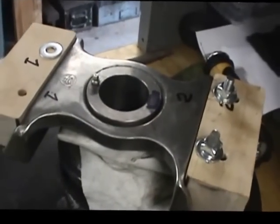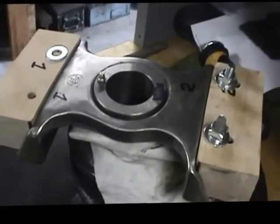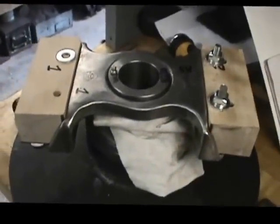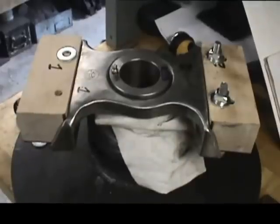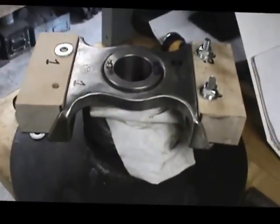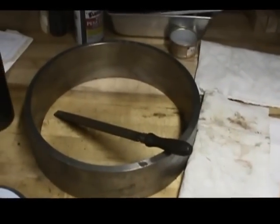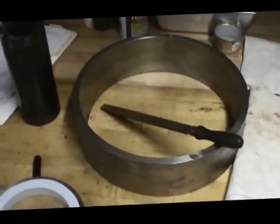So we're pretty close to having this assembled, and the next step for this piece is going to be to put it in the lathe and proceed to start turning those blocks to the diameter and taper that will match the friction plate over here, which has a taper in that. It's a 5-degree taper. If we look at the drawing,